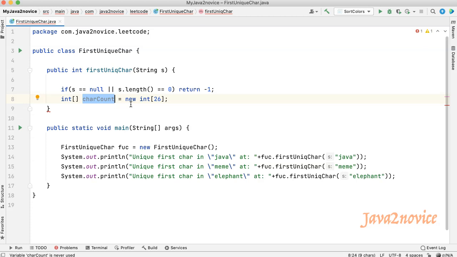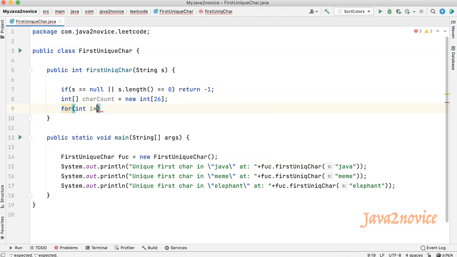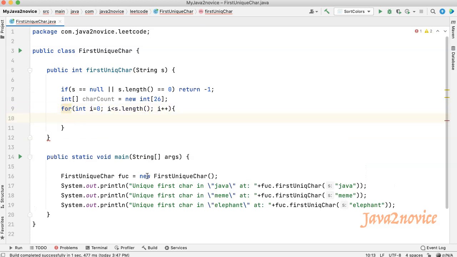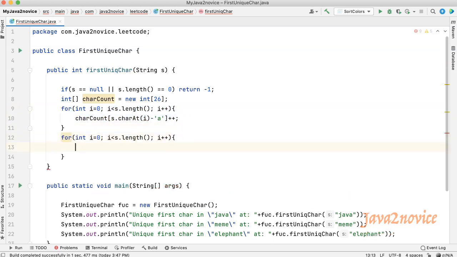Iterate over each character in the input string. We will increment the character count based on its ASCII value. We are done with counting characters. Now we will iterate over the string again to find the first non-repeating character. I'll copy this for loop and paste it here.